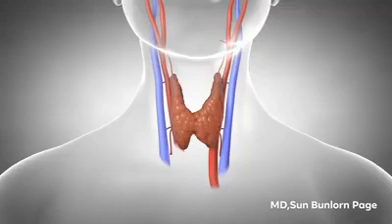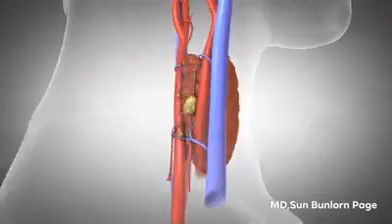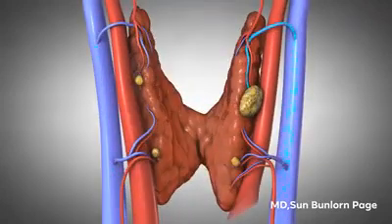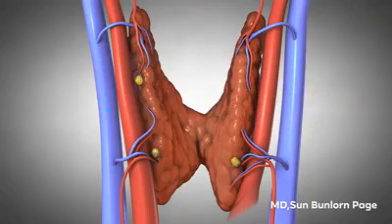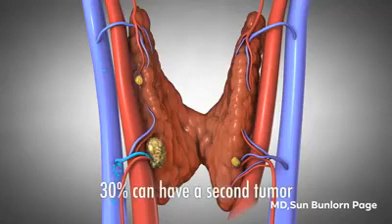Hyperparathyroidism is cured by surgical removal of the parathyroid tumor. In the hands of an expert, parathyroid surgery is a straightforward outpatient procedure that can often be completed in less than 20 minutes. Since as many as 30% of patients with hyperparathyroidism will have more than one parathyroid tumor, your